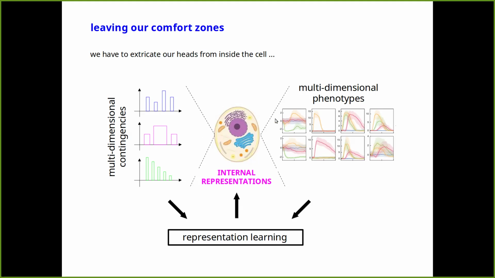And so the situation we imagine is that we have a high-dimensional input space for the environment, and potentially a very high-dimensional output space of behavior that the cell might exhibit. Maybe secreted proteins, it could be morphology, it could be movement, it could be proteins inside the cell. And what we hope is that we can somehow get our hands on the internal representation as being a sort of low-dimensional encoding that sits between these two high-dimensional spaces, compressing the one and predicting the other.